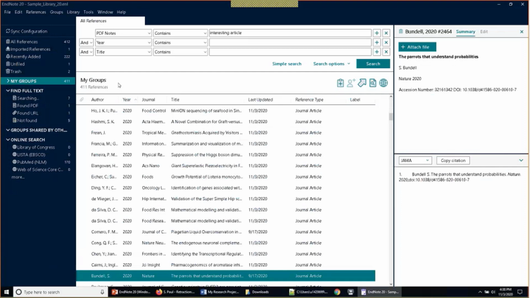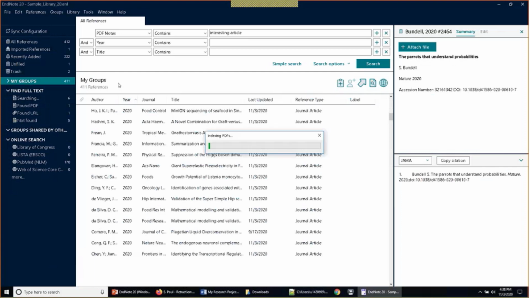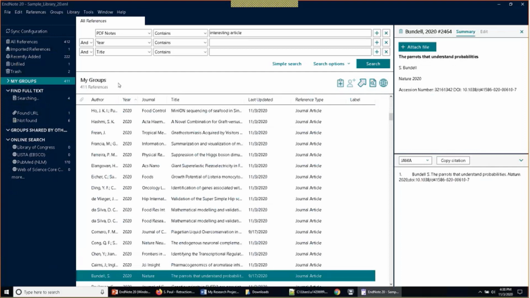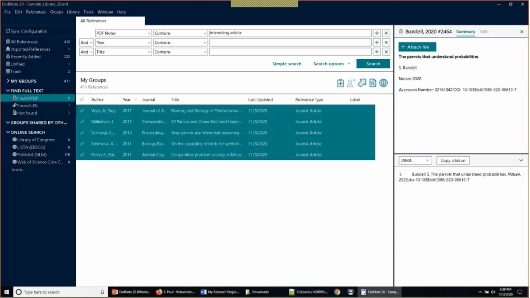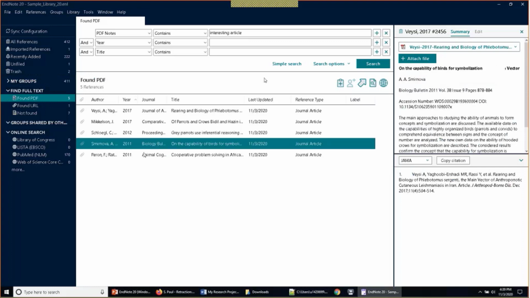There are 3 possible outcomes. It looks like we've got examples of all 3 so far. I want to let this finish before we start looking through them. But again, for me, it's looking for open access articles, and the overall number of open access articles that you'll find really depends on the publication date range for your references and your field of study. From what I understand, probably expect between 25 and 40% of recently published articles to be published in an open access format. So out of the 13 references, EndNote was able to find 5 PDFs and just downloaded those for